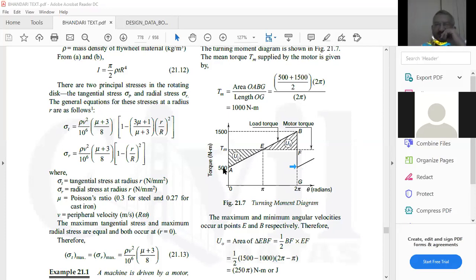The area is length into breadth, that is 500 into 2 pi. Plus, you have a right angle triangle. The area of a right angle triangle is calculated by half B H. B is 2 pi. H is 1500 minus 500, which is 1000. So if I calculate,